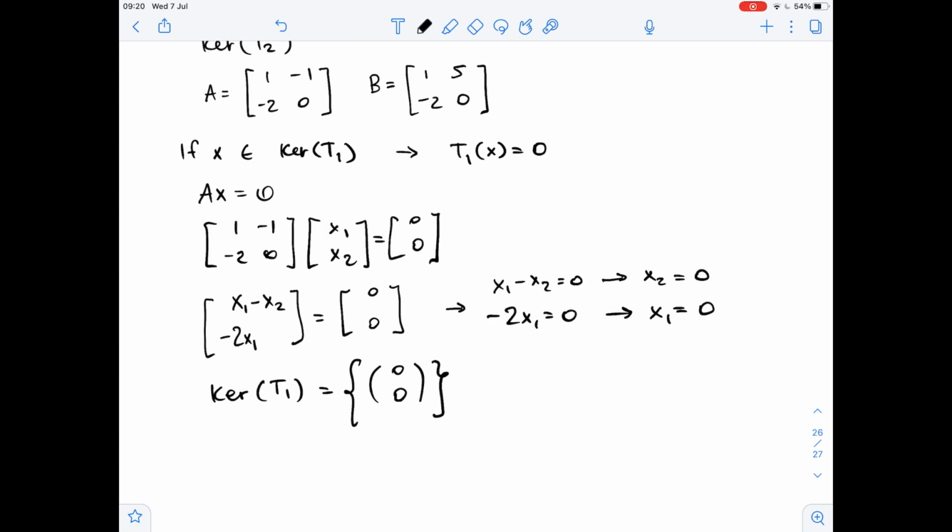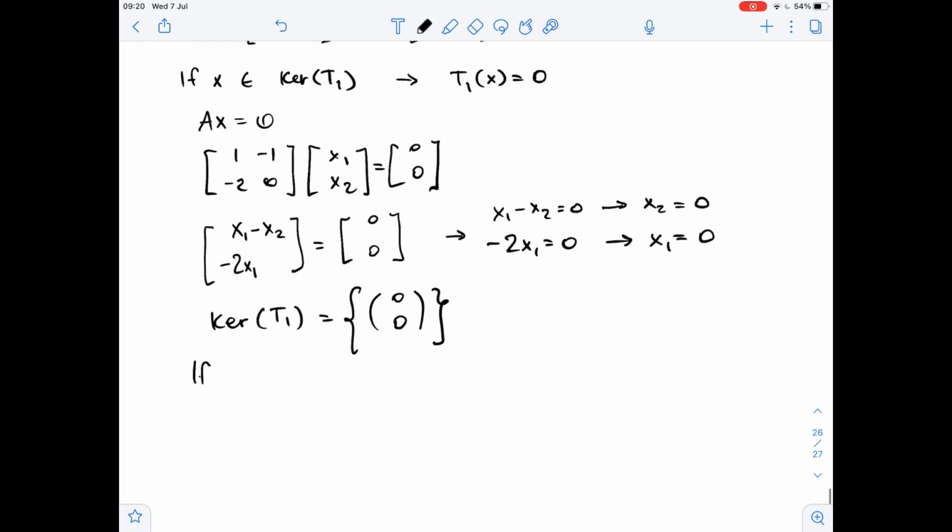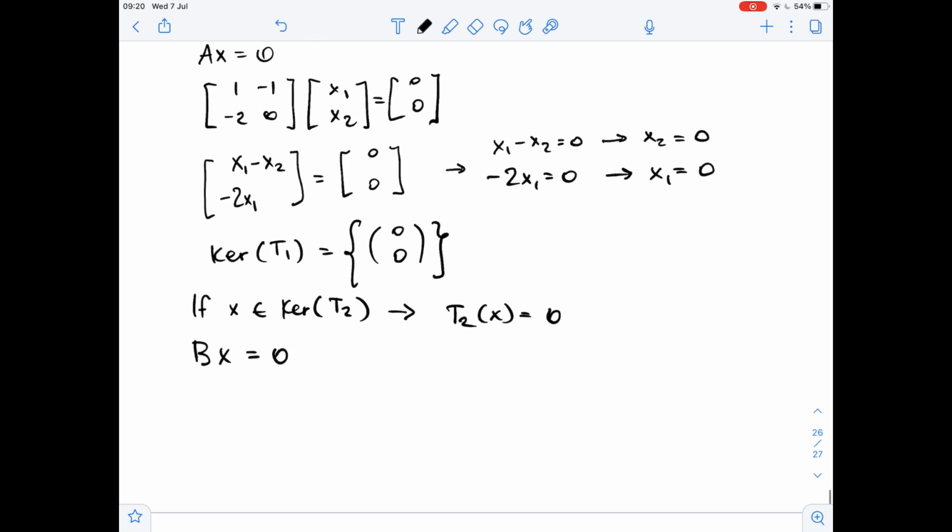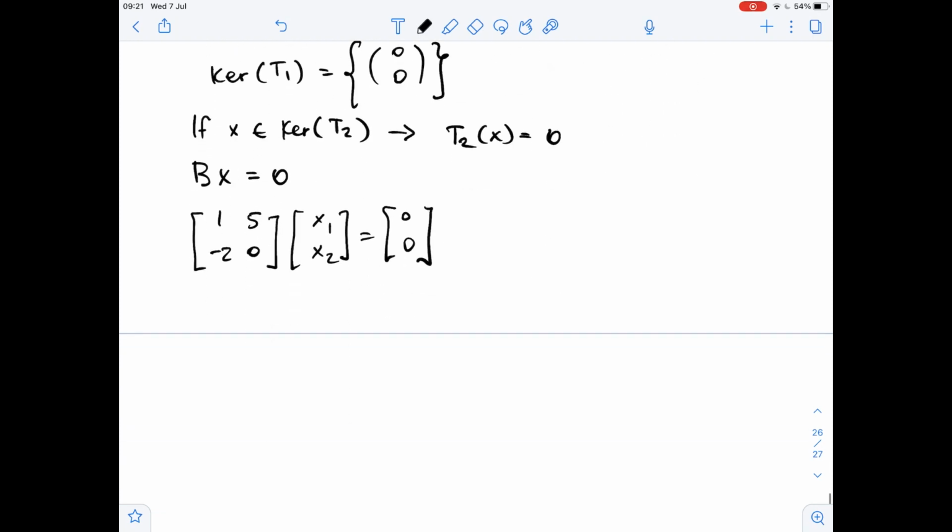Well, now let's find the kernel of T2. So if X belongs to the kernel of T2, then T2X equals 0, then BX equals 0. Matrix B is [1, 5; -2, 0] times X, which is [x1, x2], equals [0, 0]. So here we get [x1 + 5x2, -2x1]